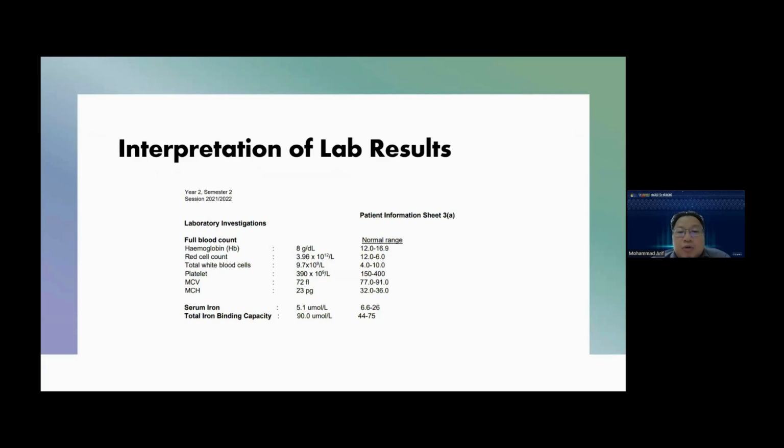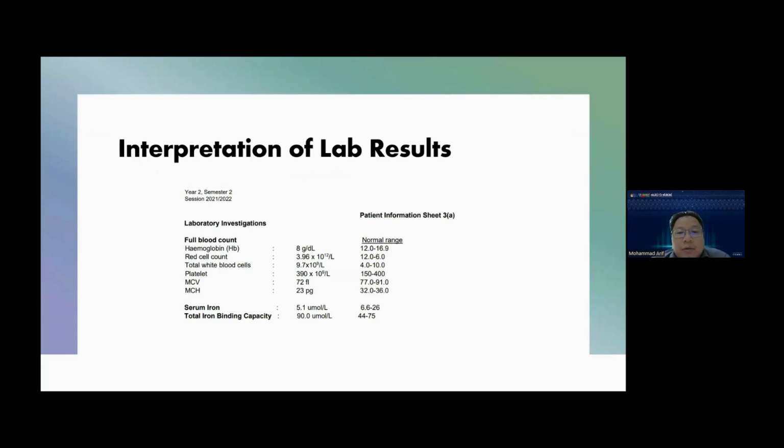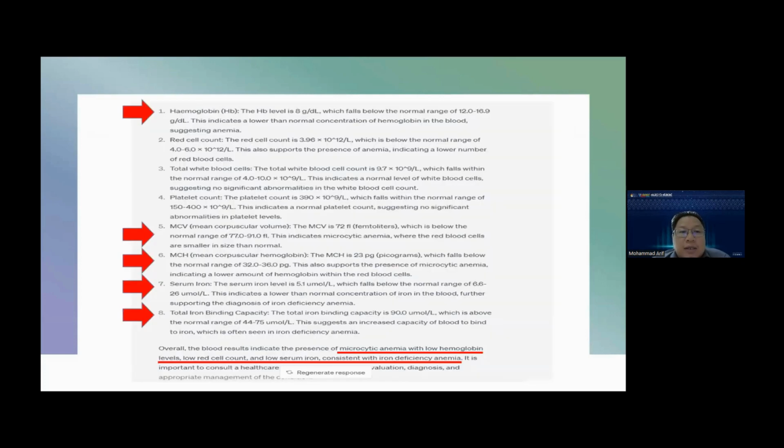And ChatGPT was also able to interpret lab results. This is on PIS 3. I copy and paste the lab findings, put them into ChatGPT, and ChatGPT was able to interpret the blood result in detail: the hemoglobin level, the MCV, the MCH, serum iron level, TIBC, and came up with the conclusion